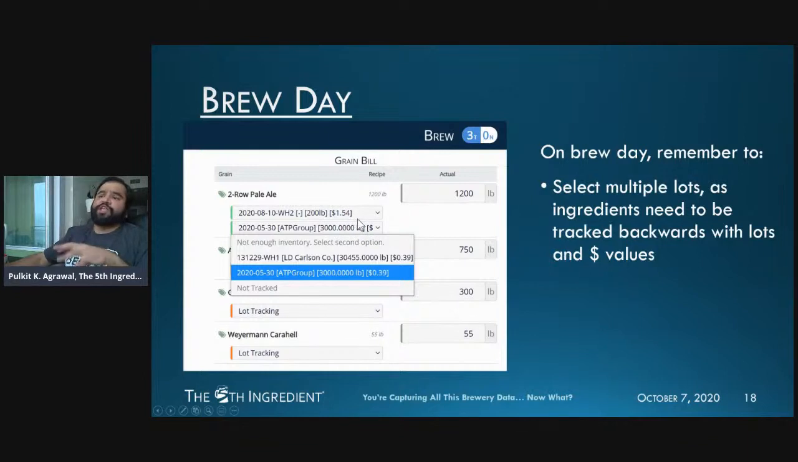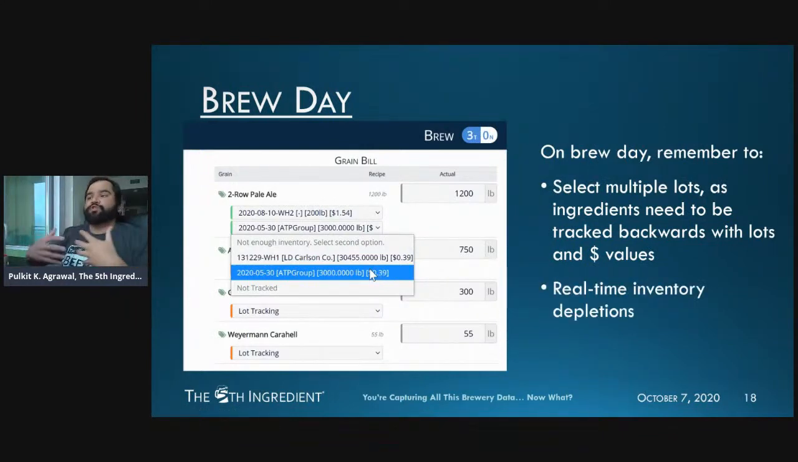And this is one of my favorite things about the brew log and the way it's designed in Beer 30, which is you're able to come in, understand that, hey, I have 1,200 pounds of churro that's being used. Of that, 200 pounds is a $1.54 one, and the remaining is coming in from this 39-cent lot from ATP Group, right? And so this becomes a really interesting way to start diving in and understanding just what's happening